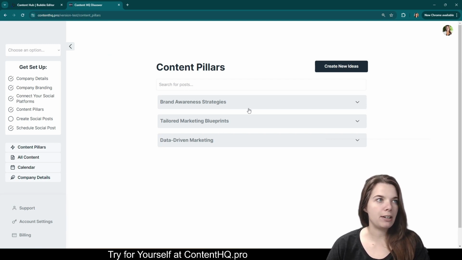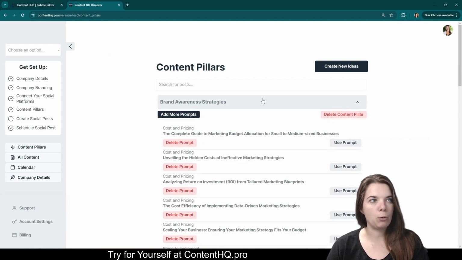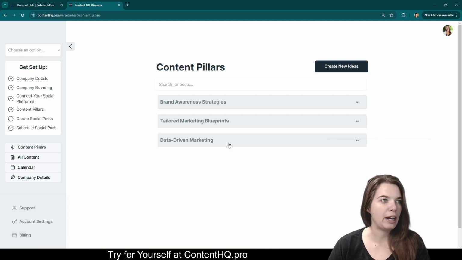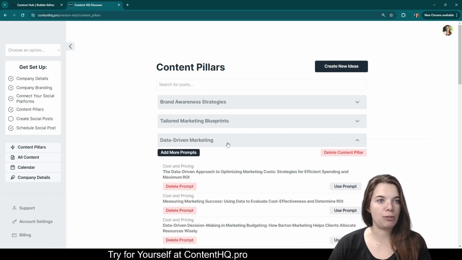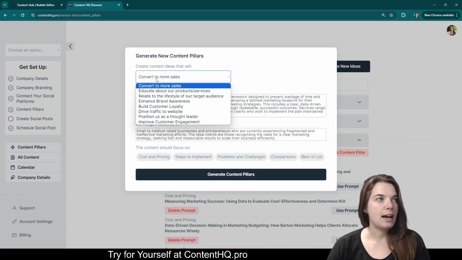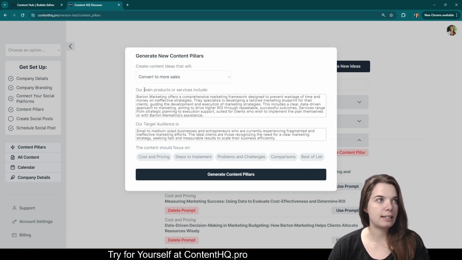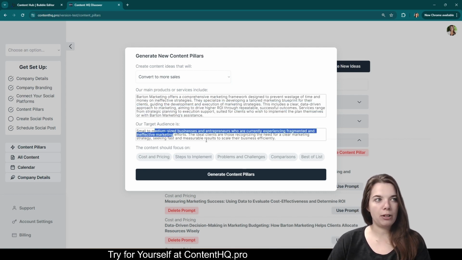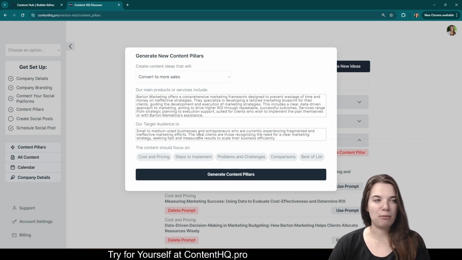So for this particular instance, we want to create brand awareness strategies. We talk about marketing blueprints a lot with Barton Marketing, as well as doing data-driven marketing. So each of those, if somebody was to go and create some more pillars, they could choose the purpose of their pillars or their content ideas. Then they can tweak the main products and services if they want to focus just on one. Similarly for target audience, sometimes people have more than one target audience, so it allows them to narrow that down